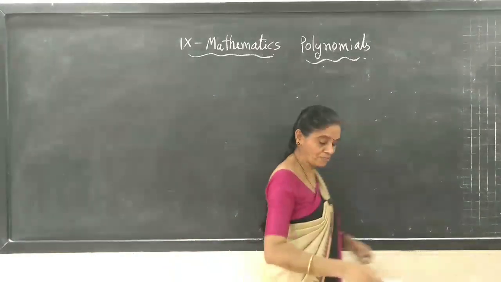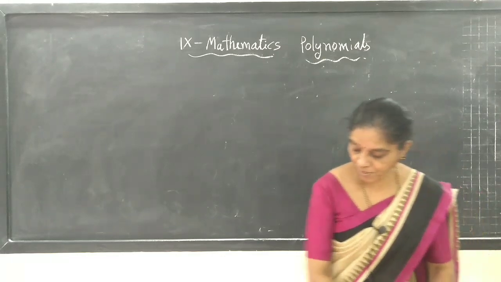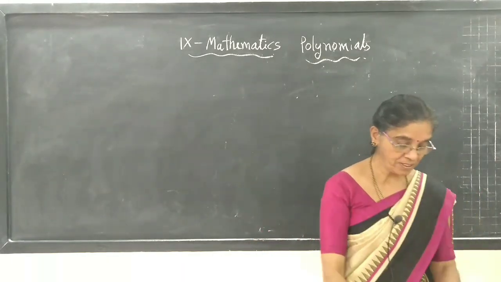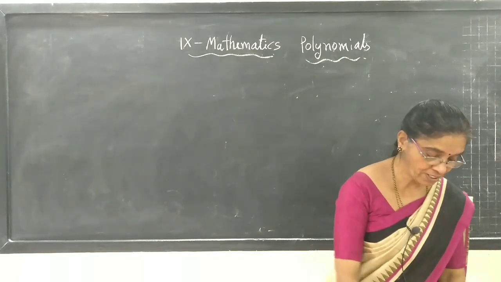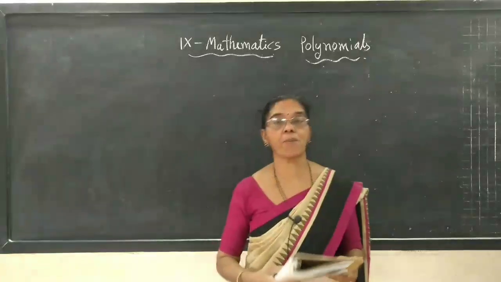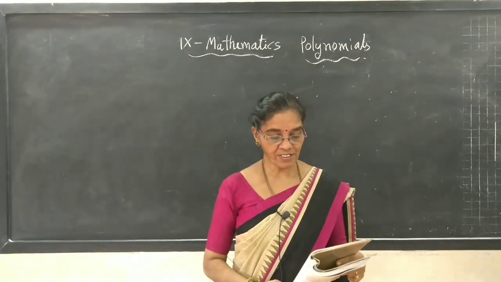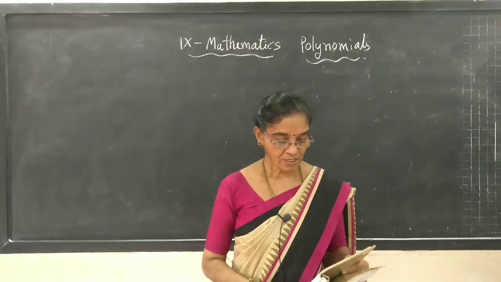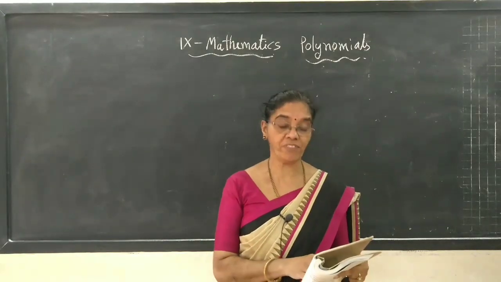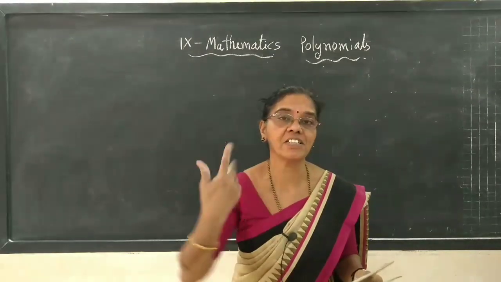So, these basic things about polynomials we have studied. Now there is the first exercise in the polynomial chapter, exercise 2.1. Open your textbook, the first exercise of the polynomial chapter, 2.1. We hope we did the first problem. If we did not, we will go through that one. Try to revise your memory.